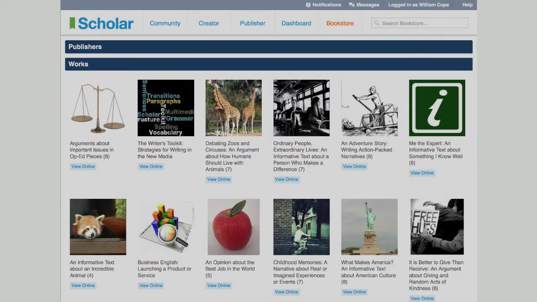Now I'm going to take you to the bookstore area of Scholar. As you can see, we have a number of apps here: Community, Creator, Publisher, Dashboard, Bookstore. Bookstore is the point where we actually put in pedagogical content. So the other spaces are essentially open working spaces, but Bookstore is a space where we have a number of